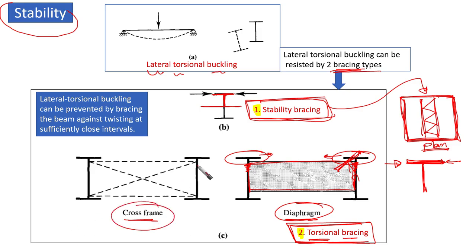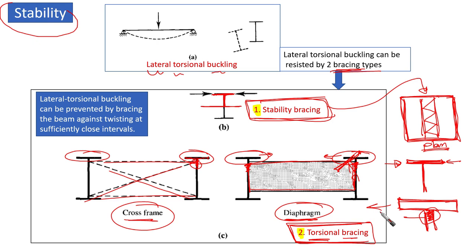by stabilizing the web itself by providing a diaphragm or cross frame. Cross frame means that if we have a plate girder or I section here, we can provide some elements that are going to stabilize the web and the flange. Remember that this part of the web is considered very important in stabilizing the flange itself. If we could stabilize this part, like the neck, directly underneath the flange, if we could control it, then the flange would not go laterally,